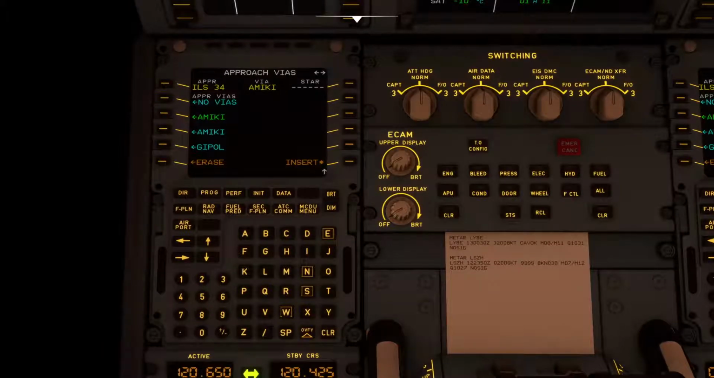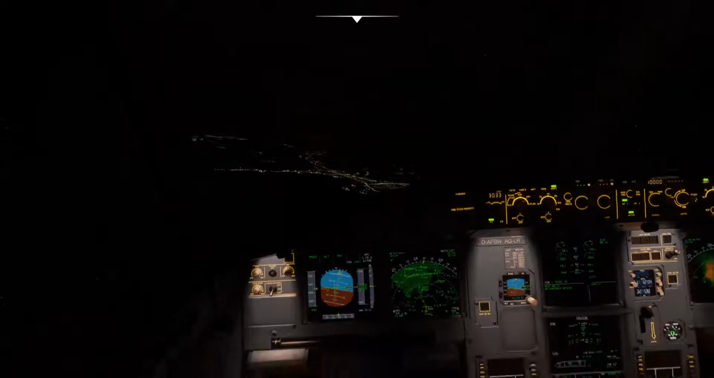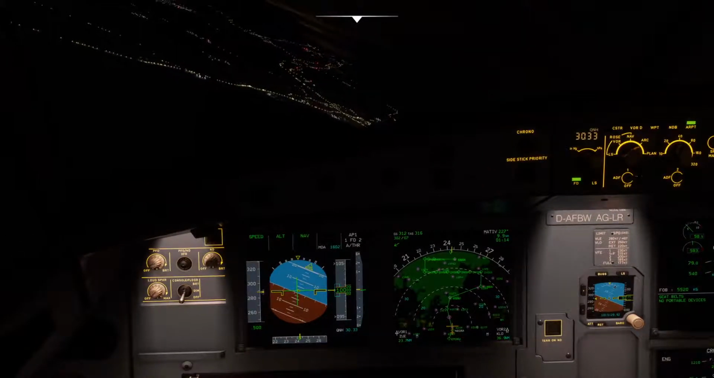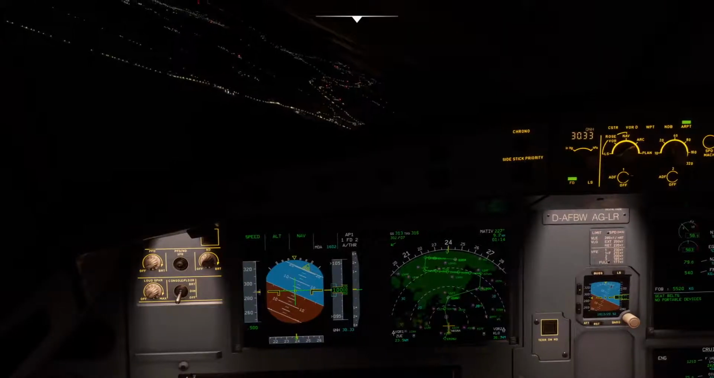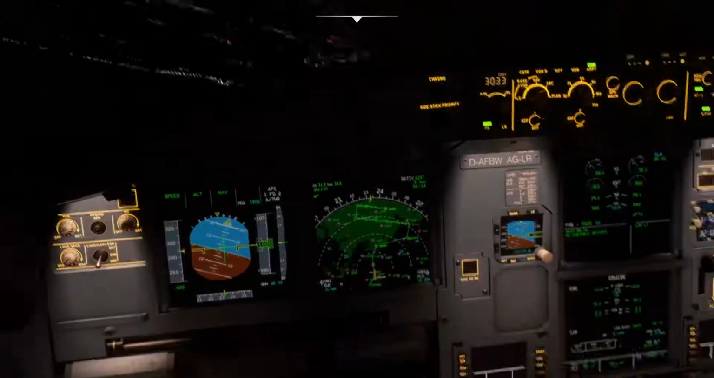Nigra 1 Alpha, insert. Let's check the flight plan. Yes, flight plan has changed. So that should be okay. This is a bit weird, although, but